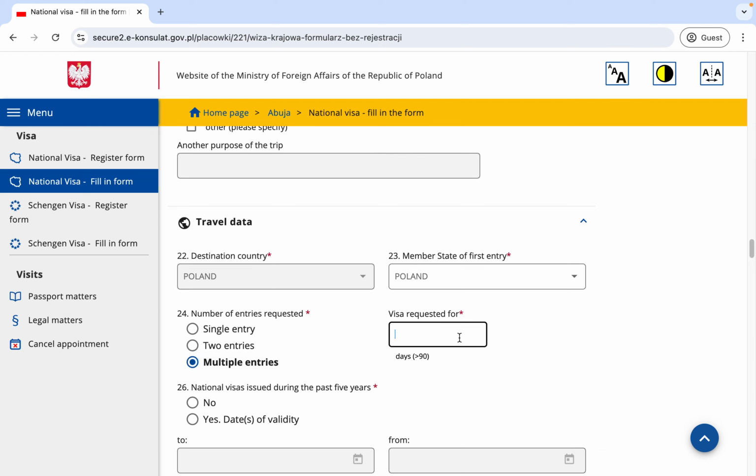Remember that this national visa you are applying for is used if your stay is more than 90 days, right? If it is more than 90 days. So here,